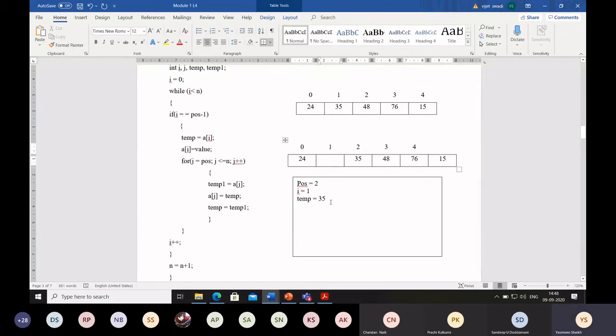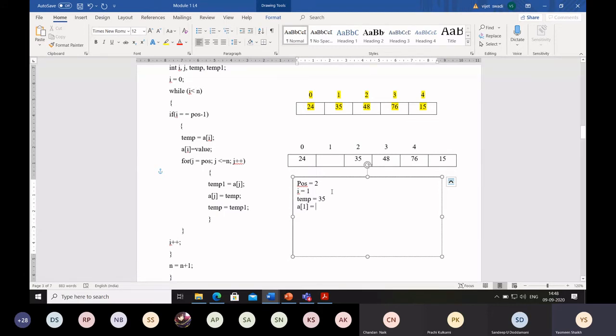So temp is equal to A of i. So temp is equal to, consider the upper array. In that A of 1 is 35. So temp is equal to A of i means it is 35. Then A of i. What is your i value? i value is 1. So A of 1 will now become the value.